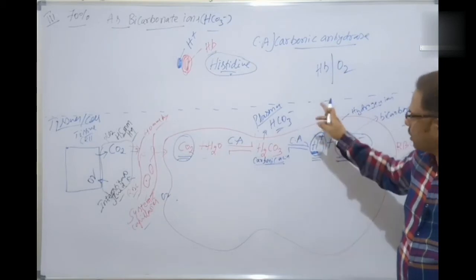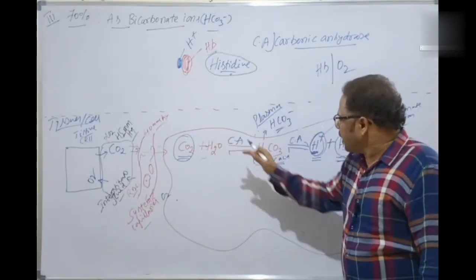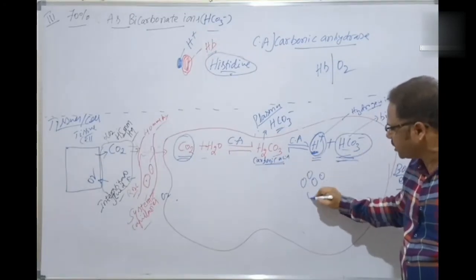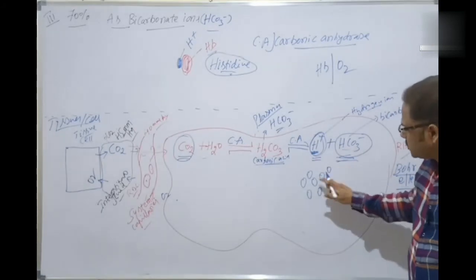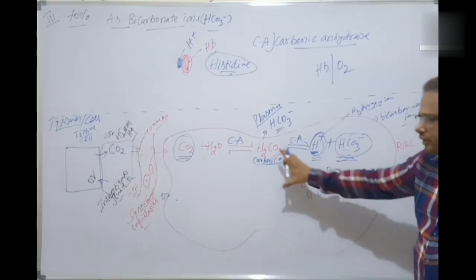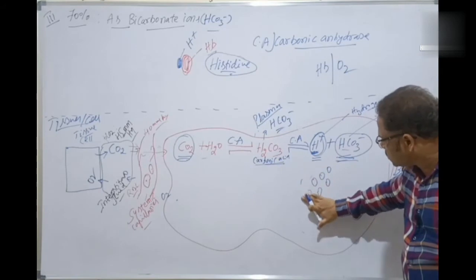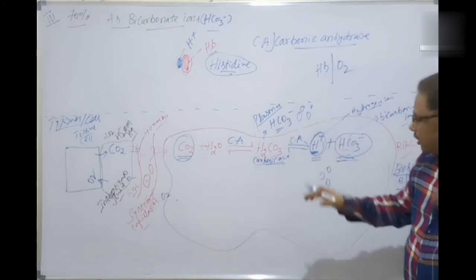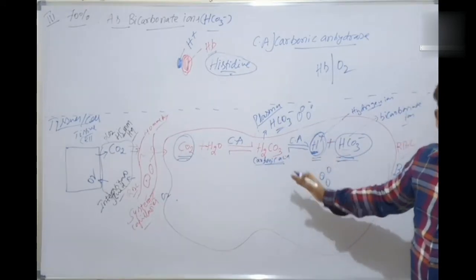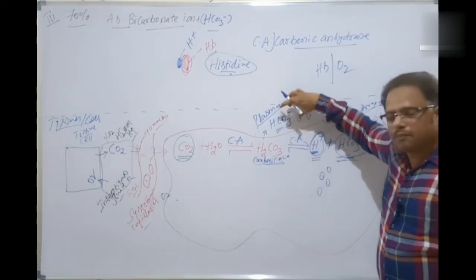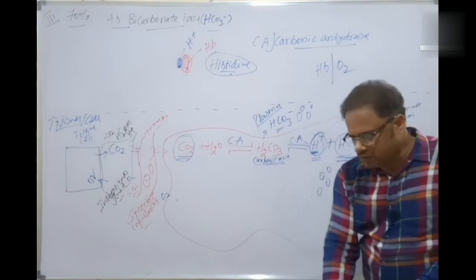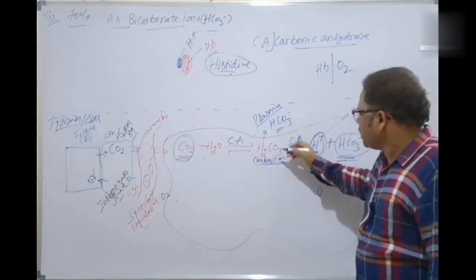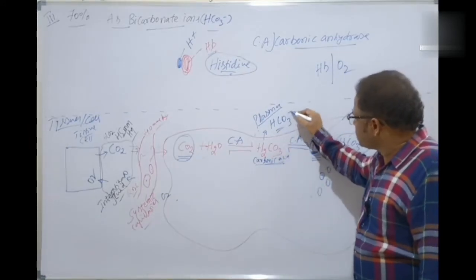You're following, students, all of you? It's absolutely clear, isn't it? But still some HCO3 minus ions are there. For example, these are the HCO3 minus ions, only for the sake of understanding, inside the RBC. A few are going outside like this into the plasma. A few are still there in the RBCs, and a few are present in the plasma here. Okay, students, so this is plasma.